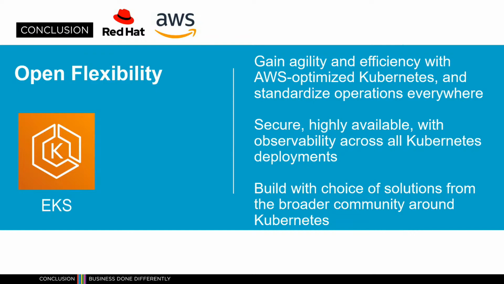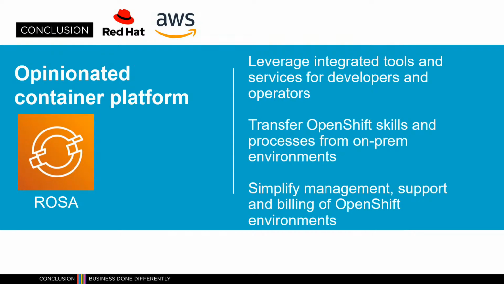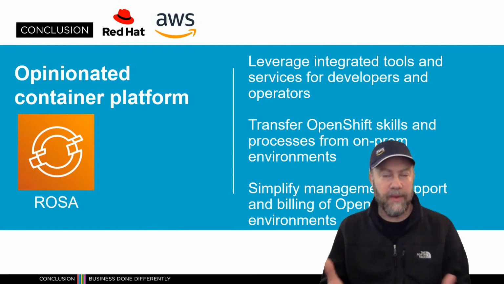ROSA is a managed OpenShift service. And it's really a way that we believe our customers are going to be very excited to use if they are OpenShift customers or they want to become OpenShift customers. It's a really great way to get started. It's an easy way to get started. As we'll see in a minute, it has some benefits over the previous options that our customers had for running OpenShift on the platform.